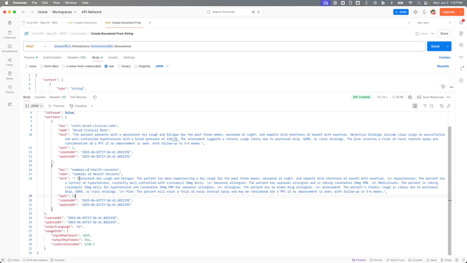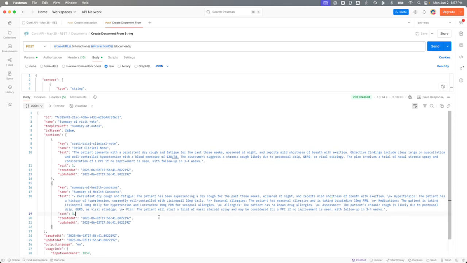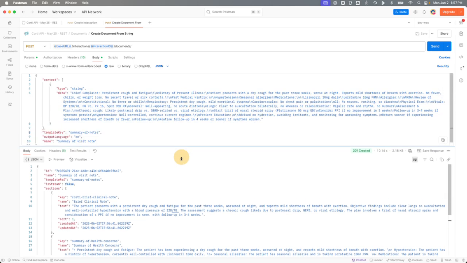Here we see the first bullet is for persistent dry cough and fatigue. Then we have a bullet about hypertension, a bullet about seasonal allergies, another bullet about allergies, no known drug allergies, and then the assessment. You'll see also how many tokens were utilized for this request and the date and time that it was created, and the output language, of course, in this example is in English, as specified in my